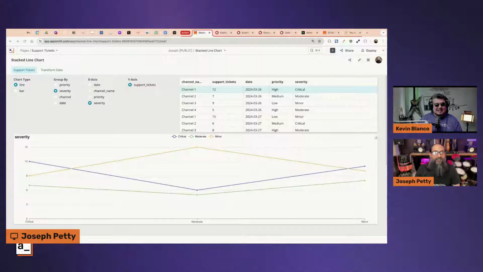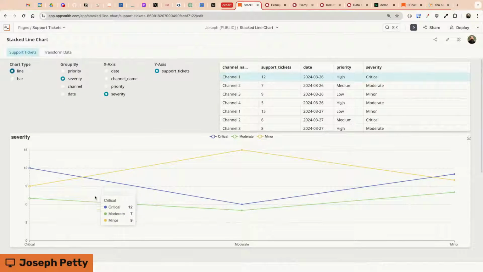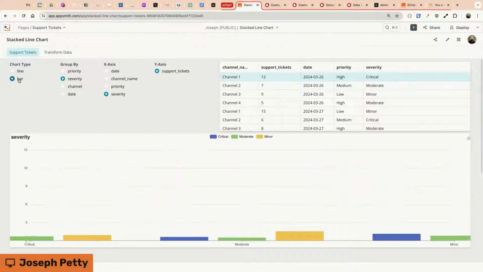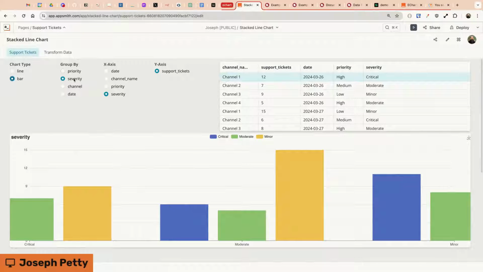Awesome. Let's do that. All right. Here I have a stacked line chart, and I can switch this to a bar chart, and choose which column to group the data by. You can see I've got data on which channel these support tickets came in through. This could be GitHub or Zendesk or Intercom or whatever it is for your organization. You've got different channels of data. Then I've got totals of the number of support tickets for each day and what the priority and severity is. And you can choose as the end user to